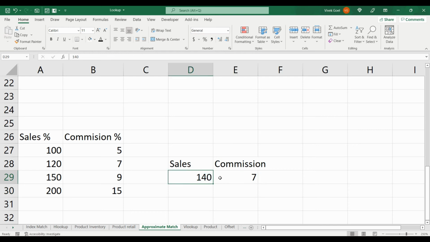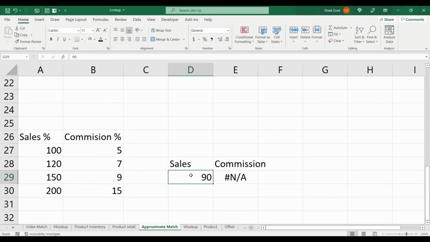Now, based on our sales, our commission will change accordingly even though we don't have a perfect match. If the sales percentage is less than our minimum value, which is 100, Excel will return NA, because as we discussed earlier, Excel looks for the greatest value that is lower than or equal to our searched value.